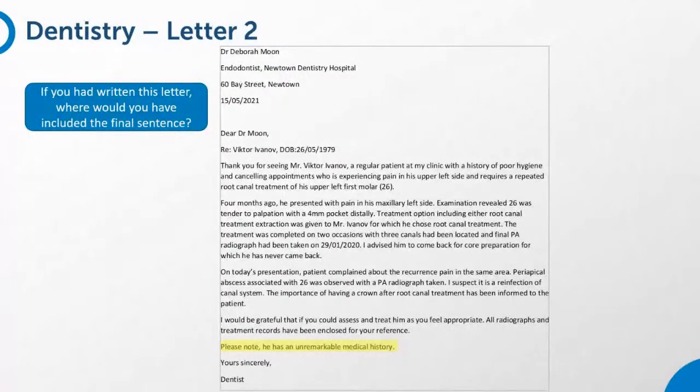So I would say that there's definitely more than one option about where this information could be included. Perhaps it could have gone in paragraph 1, replacing the history of poor hygiene, which isn't mentioned in the case notes. Or it could be in the final paragraph, which I know was a lot of your suggestions, removing the sentence about radiographs and records being included, which wasn't something specified as one of the tasks for you to do. So you can omit that sentence, and perhaps you could have put that single sentence about the unremarkable history in